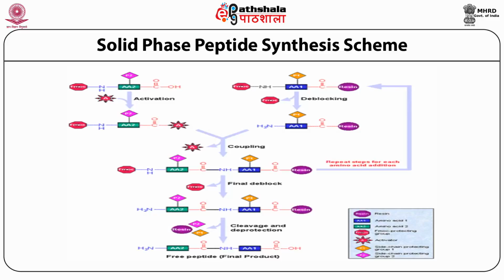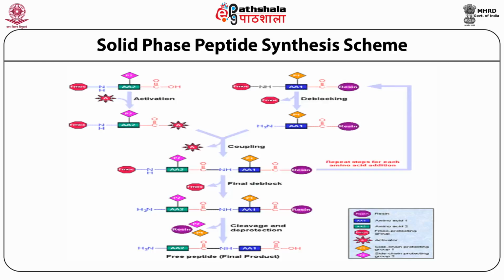This is the scheme showing solid phase peptide synthesis. In solid phase peptide synthesis, one amino acid is blocked by a resin at the C-terminal part, which is the solid support, and the amino group is blocked by FMOC. So, before coupling with another amino acid, the amino group is deblocked, that is, the FMOC is removed by piperidine, and then the other amino acid, where the carboxylic group is free and the amino group is blocked by FMOC,